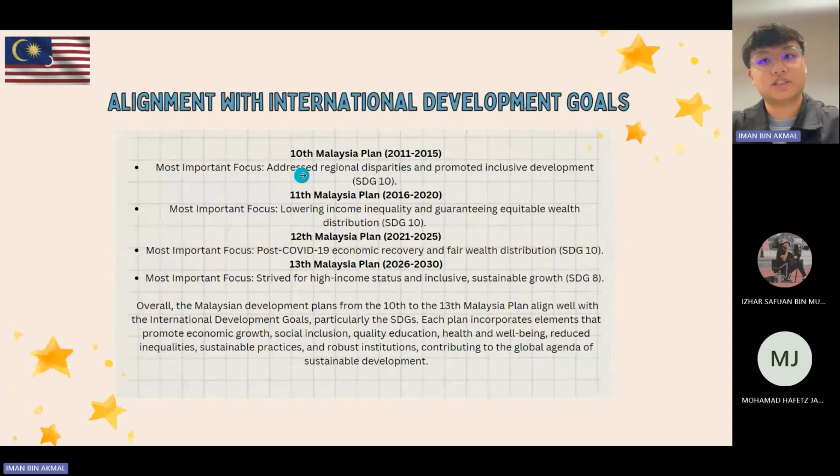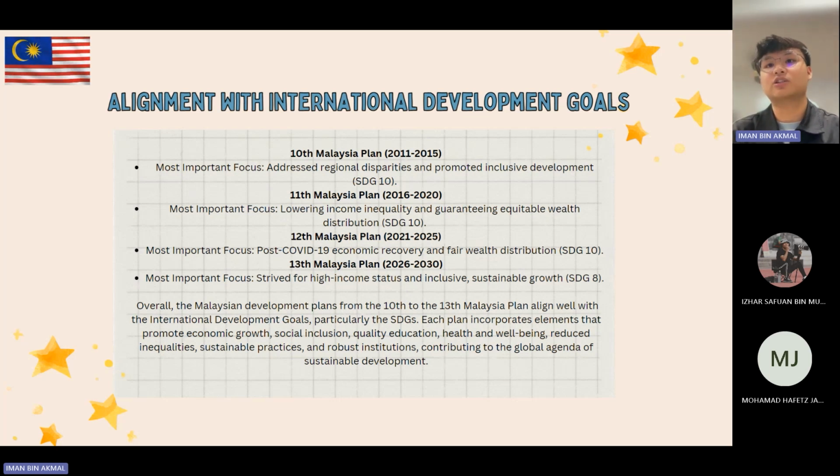So based on the plan just now, we can see that for the 10th Malaysian plan, which is 2011 to 2015, the most important focus is to address regional disparities and promote inclusive development. For the 11th Malaysian plan, the most important focus is lowering income inequality and guaranteeing equitable wealth distribution. However, for the 12th plan, it is post-COVID-19 economic recovery and fair wealth distribution,